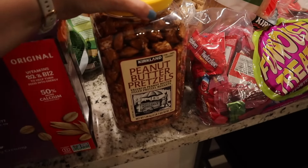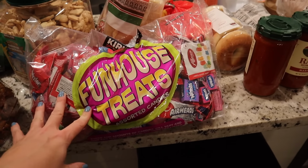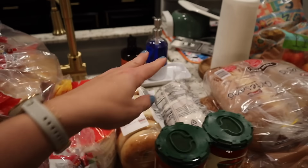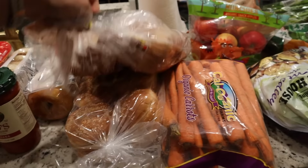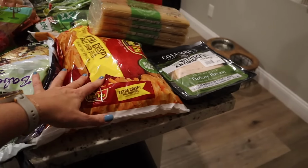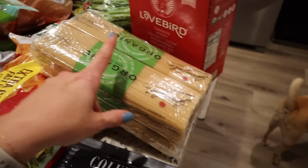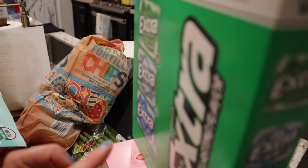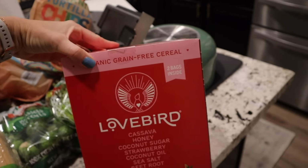of avocados, peanut butter pretzels, organic animal crackers, a bag of Halloween candy to give to our church that does a harvest festival, sourdough bread, corn tortillas, 2 things of bagels, pasta sauce, artisano bread, buns, organic carrots, potatoes, organic apples, frozen French fries, turkey. I got 2 of these because they were out of roast beef. Organic pasta, organic Brussels sprouts, asparagus, some gum, some organic tortilla chips, some cereal, organic Lovebird